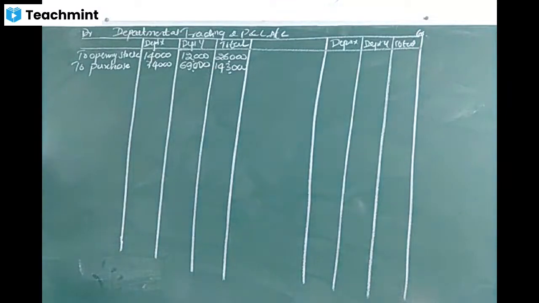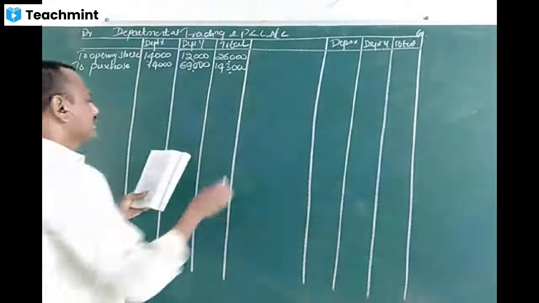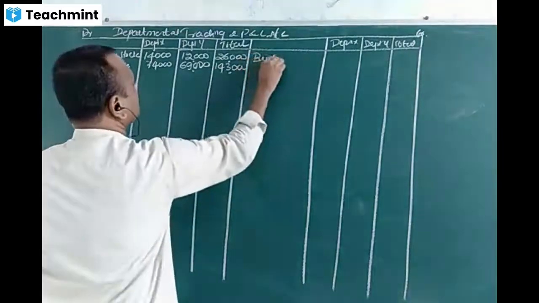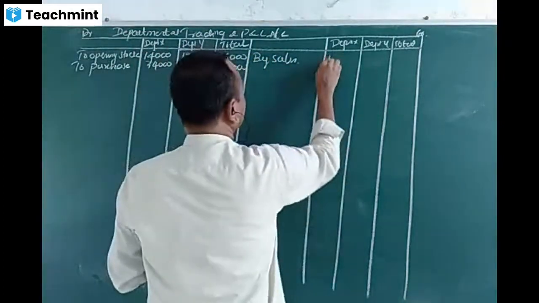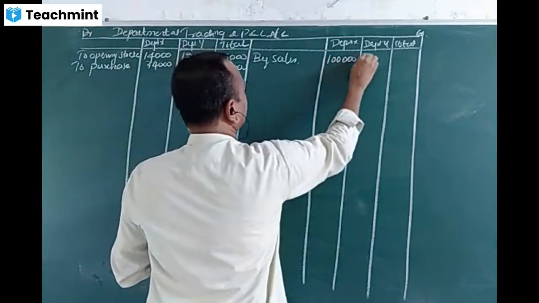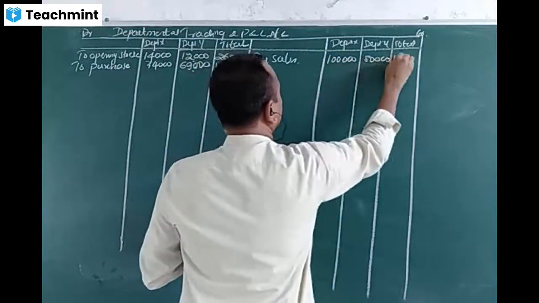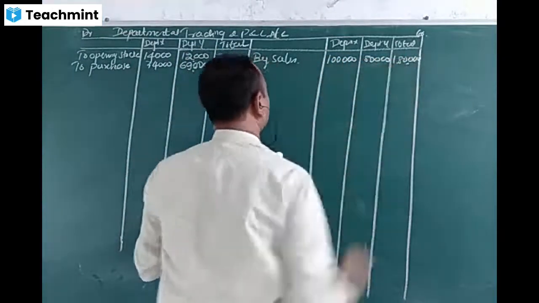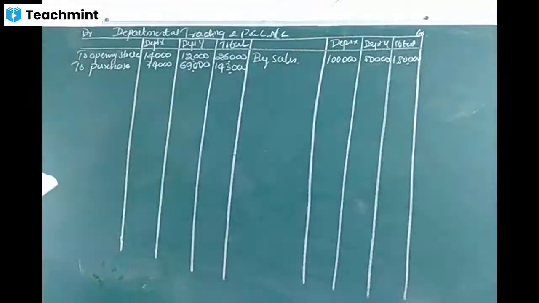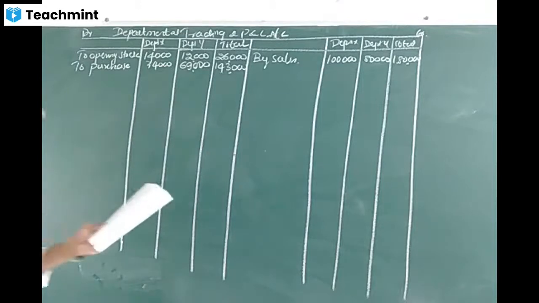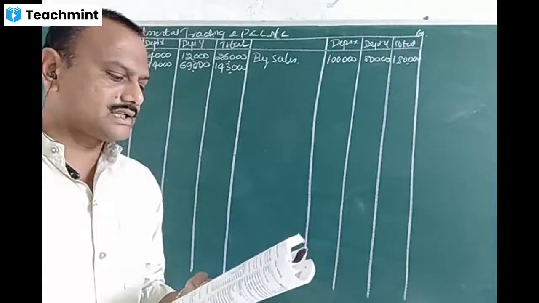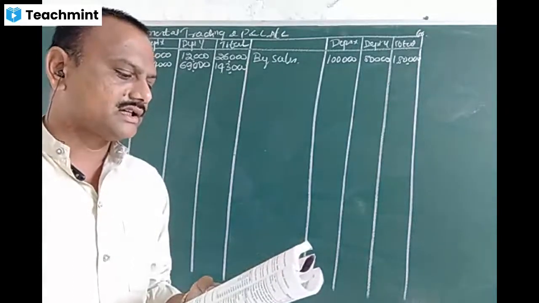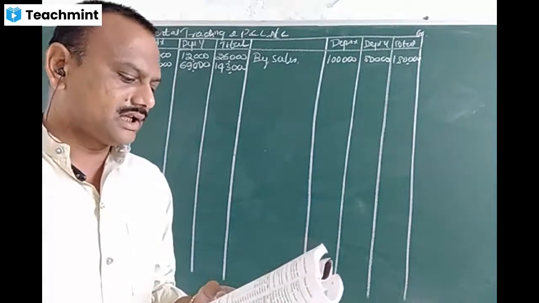1,43,000. After purchase, the next adjustment they have given is sales, credit it by sales, 1 lakh and department Y 80,000, total will become 1,80,000. After that, purchase return we have already left in the working note. Next, salaries, general salaries, rent, advertisement, these expenses come in the profit and loss account.